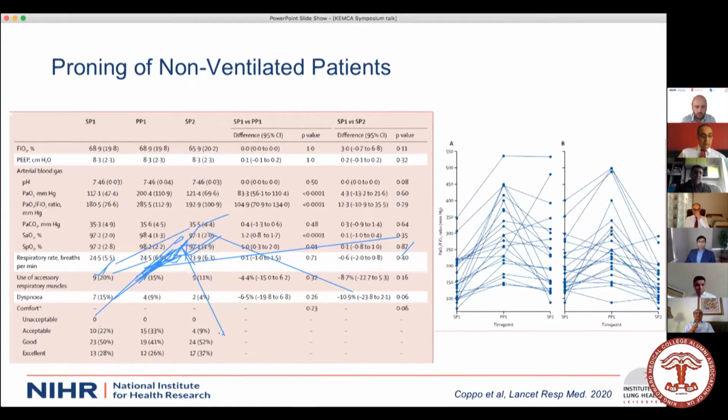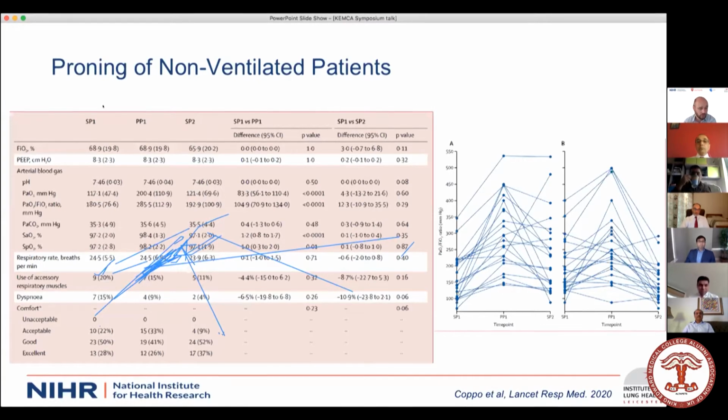Just to move on, and I'm going to move away from the drugs slightly, and this is me going against my area. This is my advice of always going for the randomized controlled trials. This is a very recent cohort study, but I just thought it was interesting because I think we sometimes forget there are things other than drugs and medications out there, and this was proning of non-ventilated patients. So there's excellent results of proning in ventilated patients. The question is, can we do it?